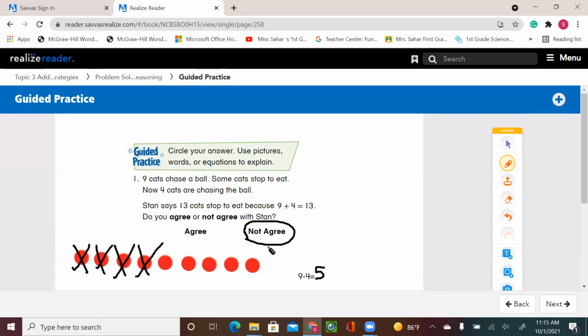All right, so that was the last lesson for this topic for first graders. In this topic, we learned different strategies to add to make 20. So we learned about doubles facts. We learned about near doubles or doubles plus. We used a 10 frame. We also solved addition word problems. We get the facts, we get the information, and then we learn to critique or reason, either agree or disagree, and you